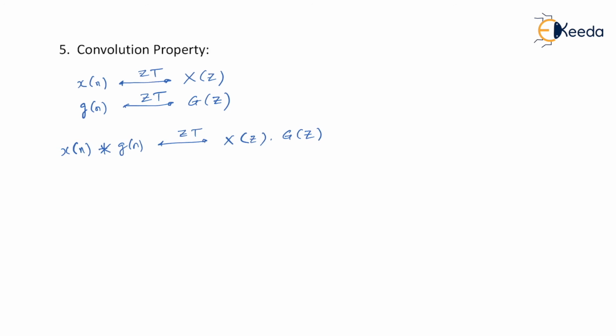So there is absolutely nothing to explain here. You know that if there is a convolution in time domain, it becomes multiplication in frequency domain, and vice versa is also true. Am I right? Let's move to the last property, that is the time summation property, or it is also called an accumulation property. Before I start with the property, let me remind you